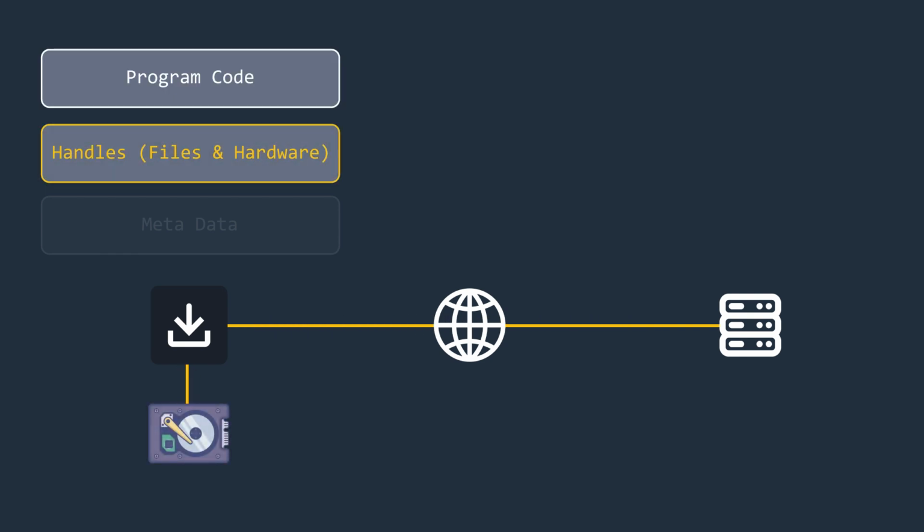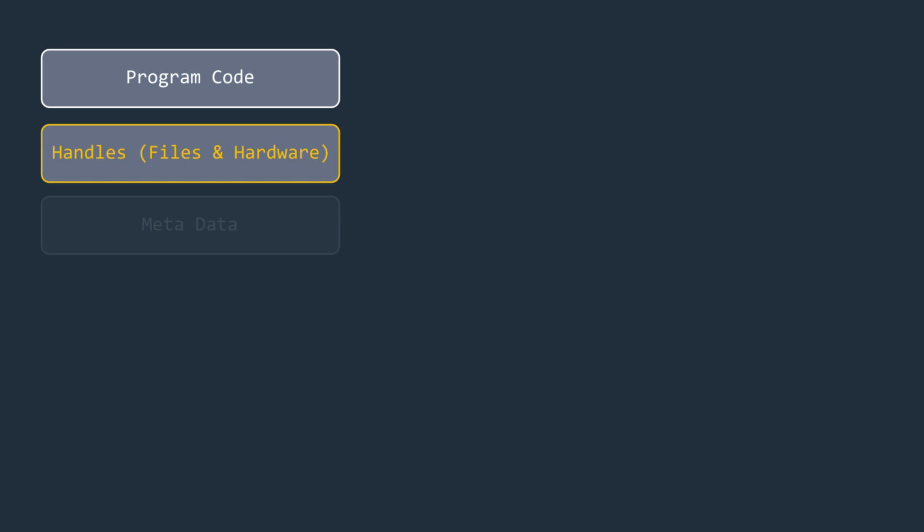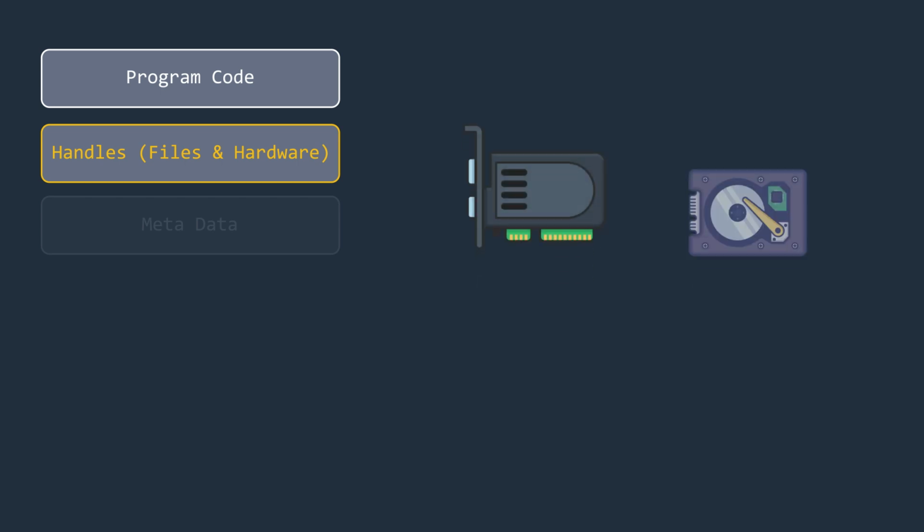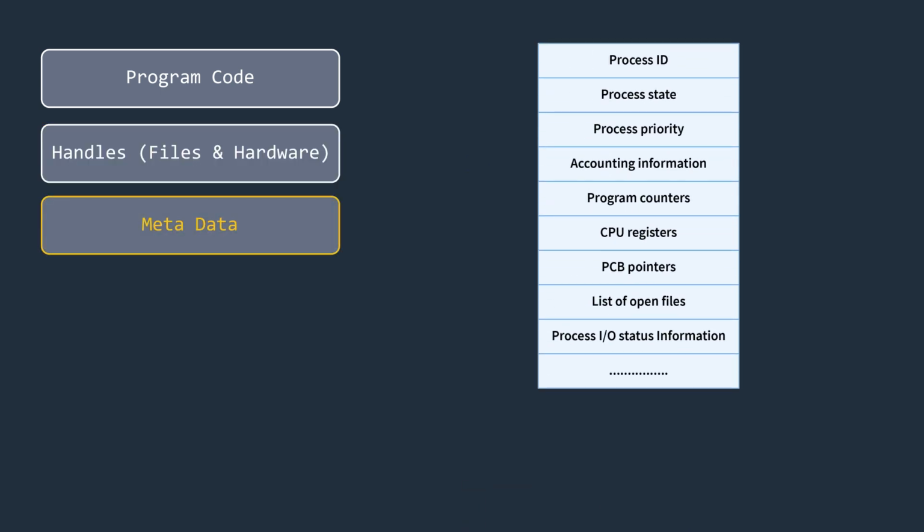Handles to hardware. These allow the program to have access to specific hardware resources such as the network interface card and hard drive. The network card to fetch the file from the web and the hard drive to store it. At the same time, the operating system manages the process by maintaining metadata about it, such as its unique ID, current state, and the amount of CPU time or memory it is consuming. Simply put, a process is a program in execution. This includes the instructions being run, the memory it uses, the resources it needs, files, devices, network, etc., and the management info the operating system uses to control